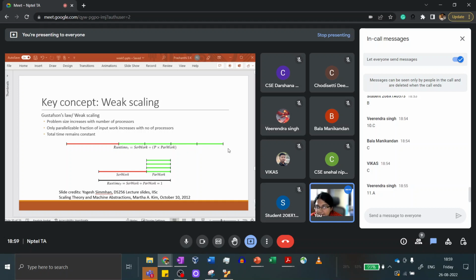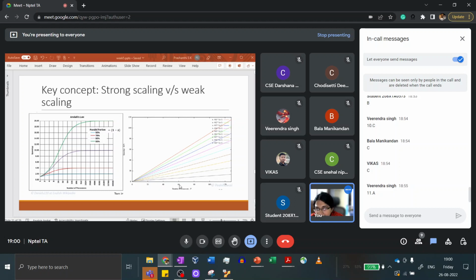the number of processors. Then what you can effectively do is increase, so here P is the number of processors just like we had N. So you see that the parallelizable portion of the work has increased by 4 times, and you add 4 processors to run that completely in parallel. So the total time or the run time remains constant, and this is a very important consequence of this weak scaling, right? So it depends on what kind of a problem you have, and both of these models are very valid.